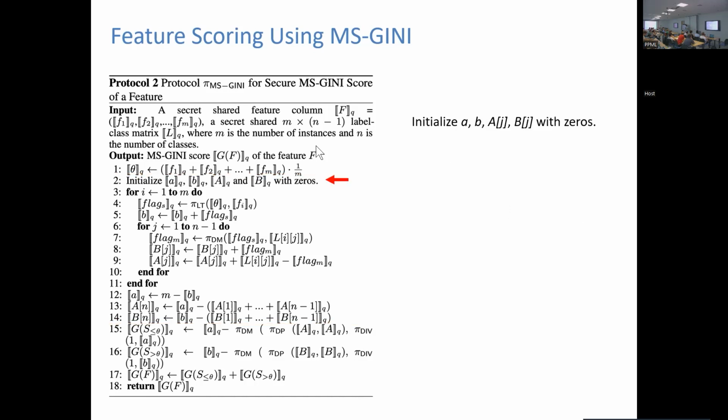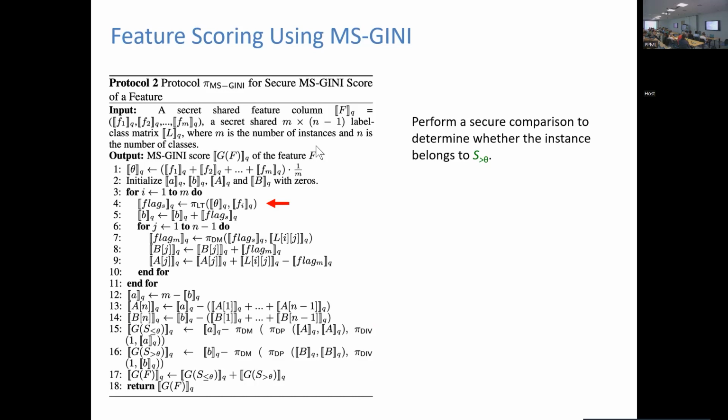Okay, so what we do essentially is initialize all of these with zeros, of course, and then in line 4, we are doing some secure comparison, in a for loop over all the instances. For every instance, we need to determine if this instance from S is bigger than theta, or equal to or smaller than theta.